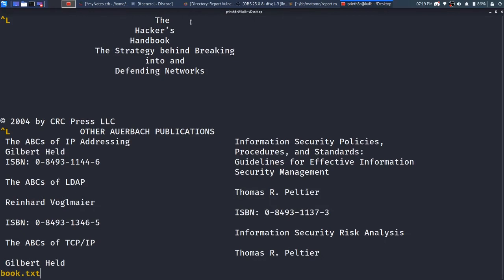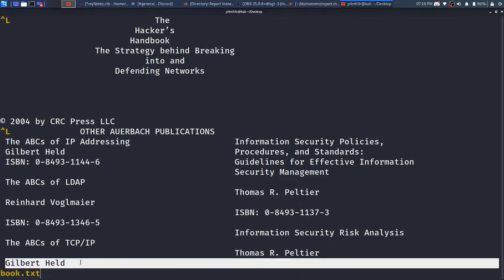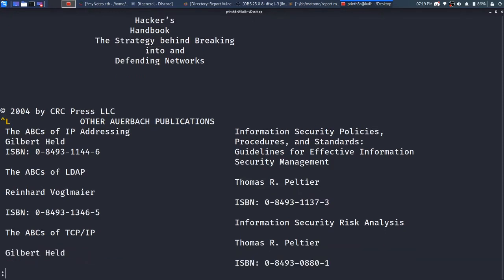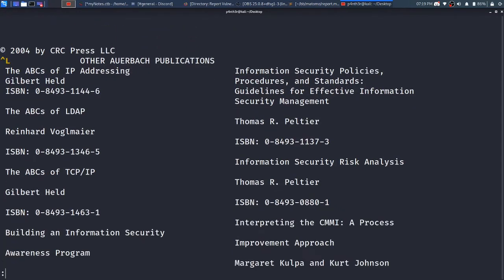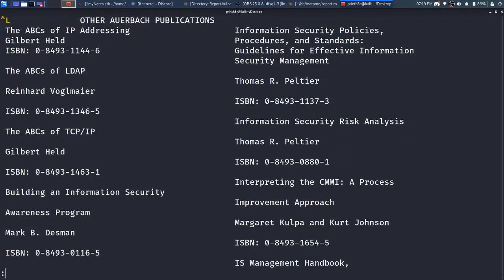Here it is showing the file from the start, so you are able to read it from the beginning. After that, if you want to go down, just press the down arrow key. If you press the down arrow key, it shows line by line.